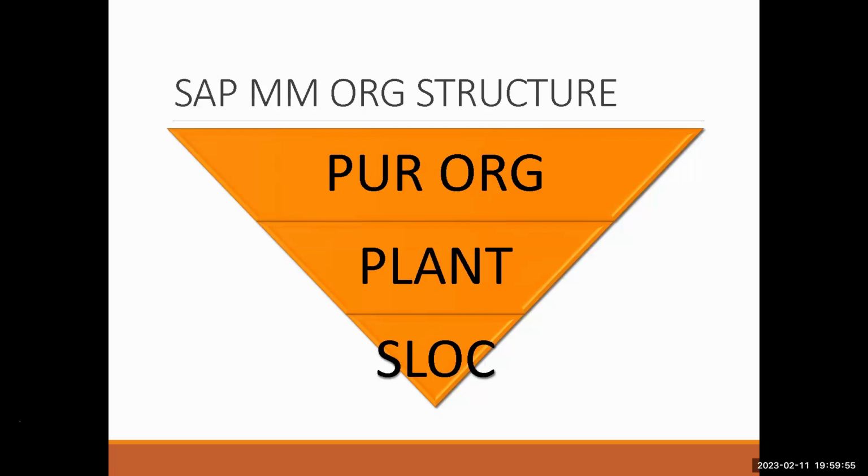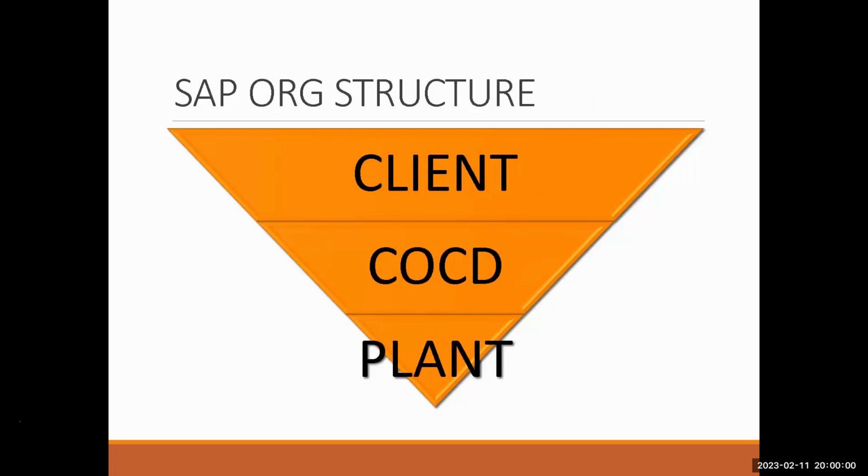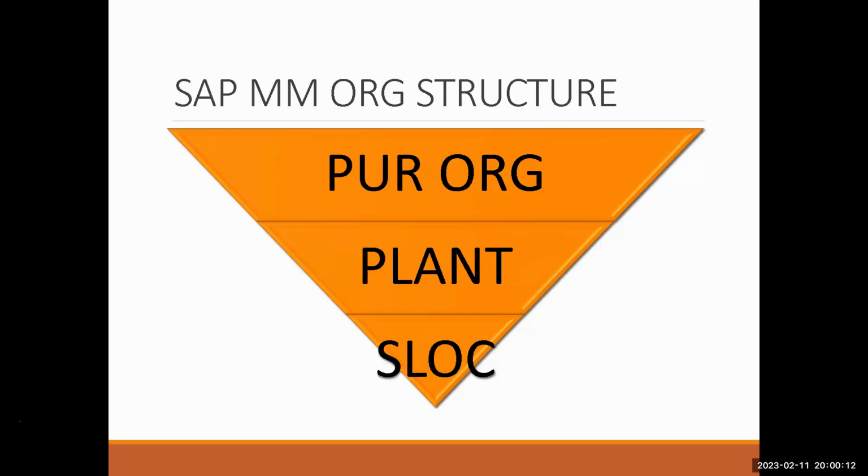So if they are asking about the SAP organization structure, then this is the whole organization structure. You can tell that in SAP we have client, company code, and plant. This is the overall SAP organization structure. If someone is asking you about the SAP MM organization structure, it will start from